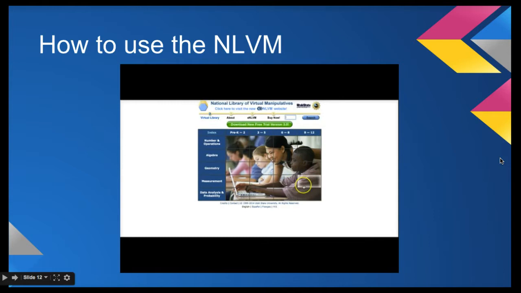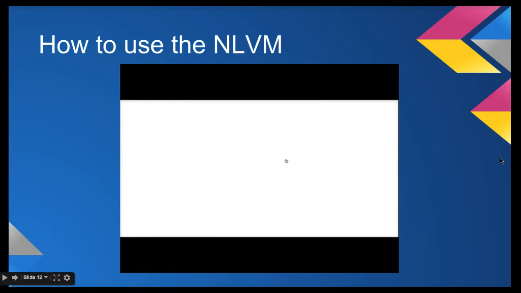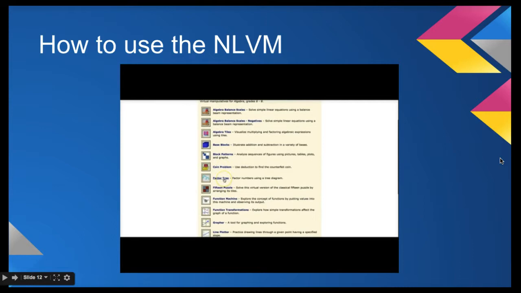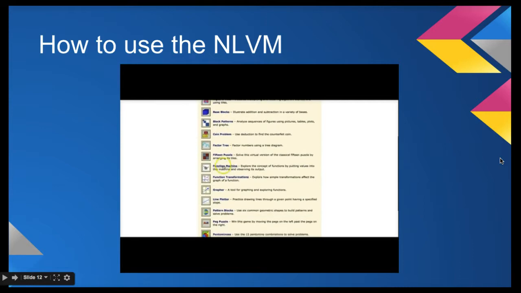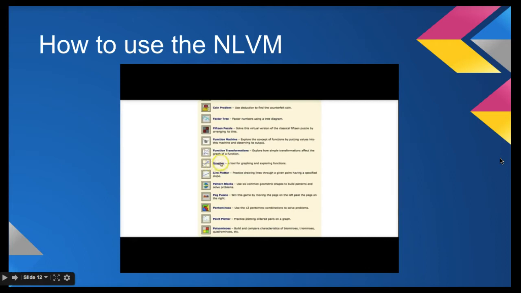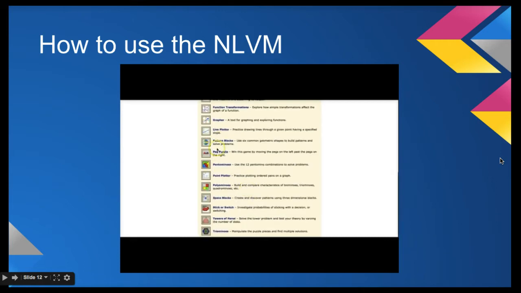Since I want to teach middle school, I'm going to click anything in the 6th to 8th section. Let's look at algebra. In the algebra section, there are algebra balance scales, algebra tiles, base blocks, block patterns, coin problems, factor trees, a function machine, a grapher, which is great for making graphs, a line plotter for obviously plotting lines, pattern blocks, and then you get into the puzzles towards the bottom, where there's pentominos and space blocks,